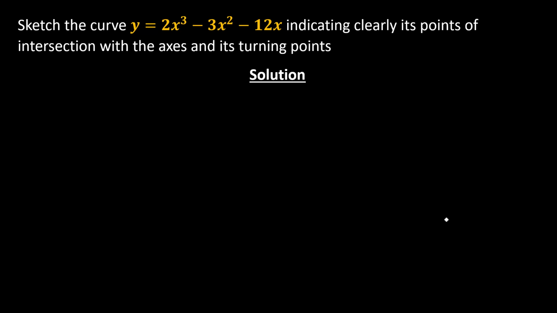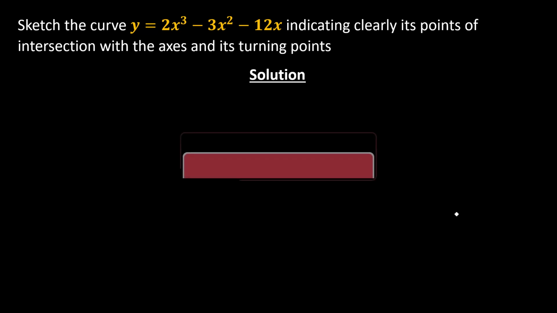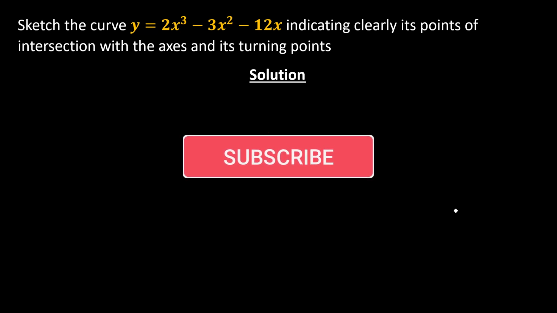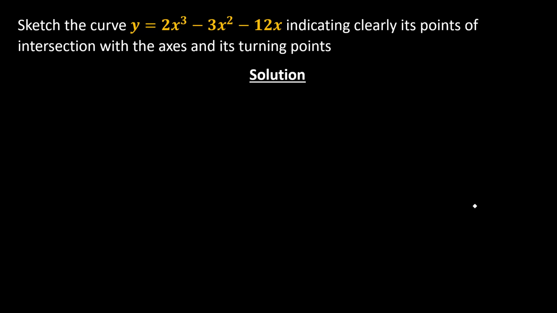According to this particular question, we are asked to sketch the curve y equals 2x cubed minus 3x squared minus 12x. What the question means is to just draw the graph of the equation. In this type of question, the first thing to do is to determine the turning point of the equation